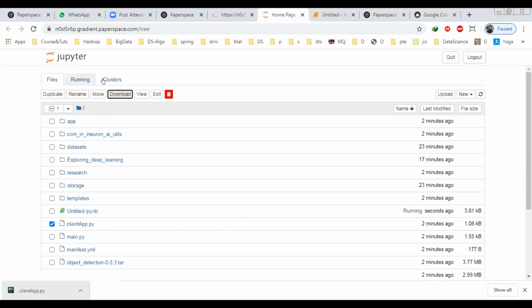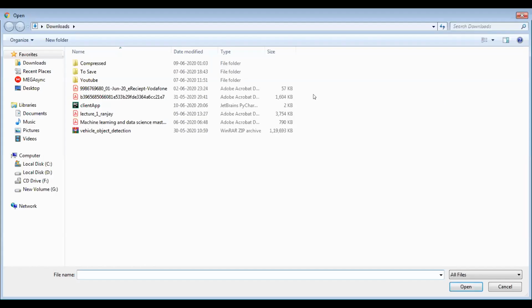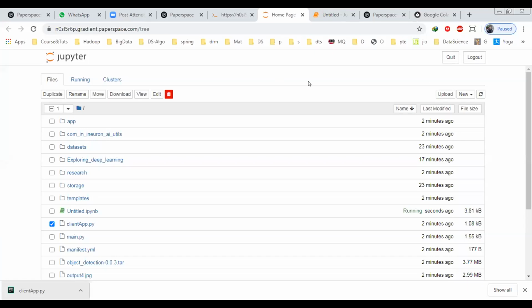Now, since we are not interested in creating a notebook here, we are interested in uploading. If you have a notebook in your local setup, you can upload that notebook. Just click on this upload button and select whichever file you want to upload. If it is a zip file, upload the zip file. If it is your own personal notebook that you want to test, you can upload it directly. You don't have to copy paste, just a one-time upload. Once you upload it, you can test it here directly.